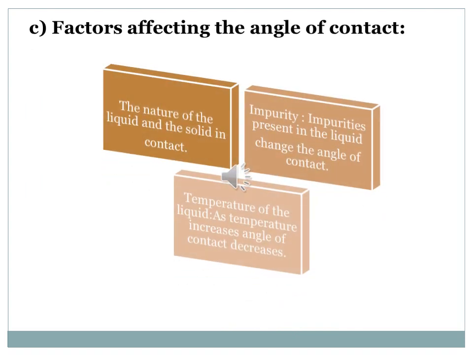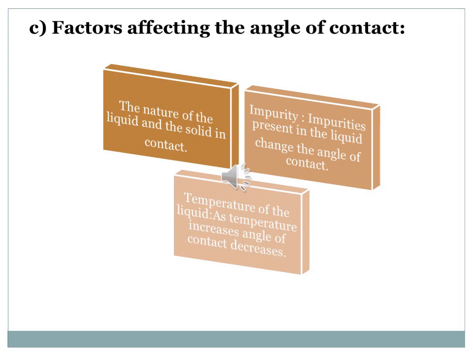So here is the slide which I am going to explain, factors affecting angle of contact. What are the factors which affect the angle of contact? First one is the nature of the liquid and solid in contact. We have already discussed, when we consider mercury and glass, what will be the angle? When we consider kerosene and glass, what will be that angle? And when clean glass and clean water are considered, what will be that angle? So we have already seen all these three pairs. The basic factor which affects the angle of contact is the nature of the liquid and solid which are in contact. Alright, so this is the first factor.